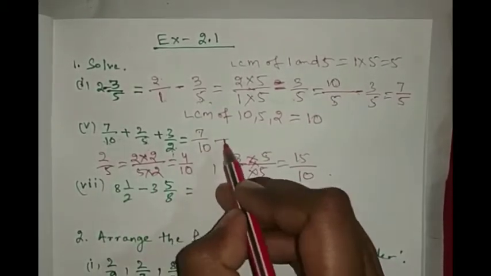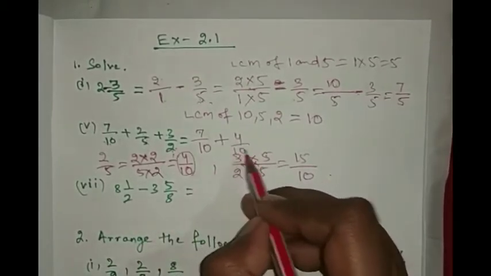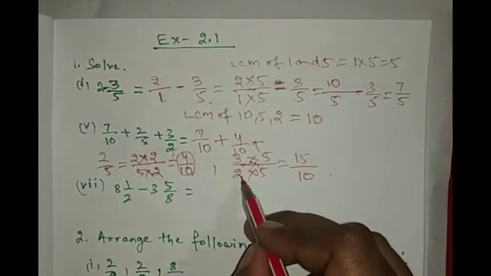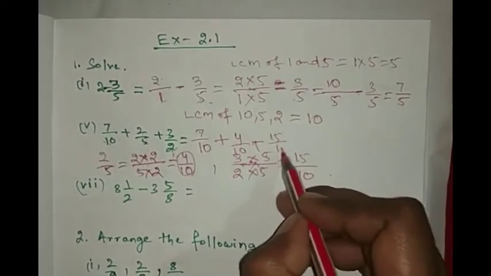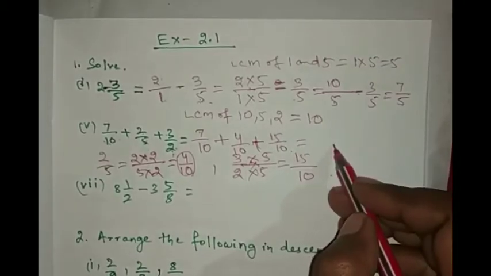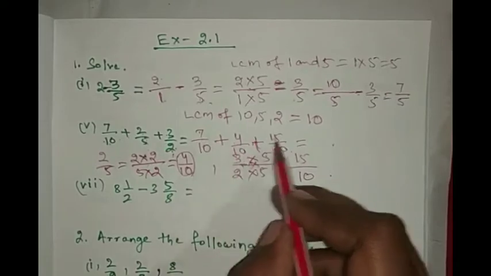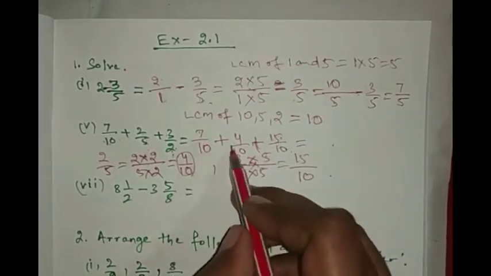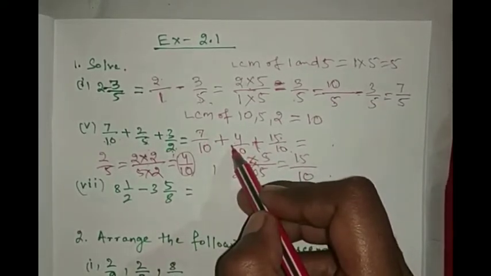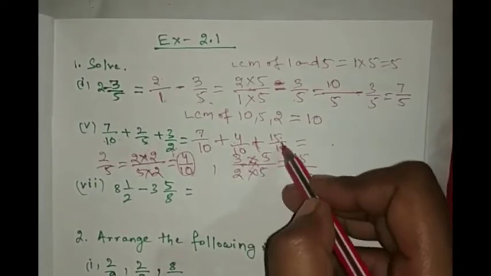7 by 10 plus 2 by 5 which is 4 by 10, plus 3 by 2 which is 15 by 10. So you can write 10 as the whole denominator, since like fractions are there. We can add all these three. So 7, 4, 13. 13 plus 15 equal to